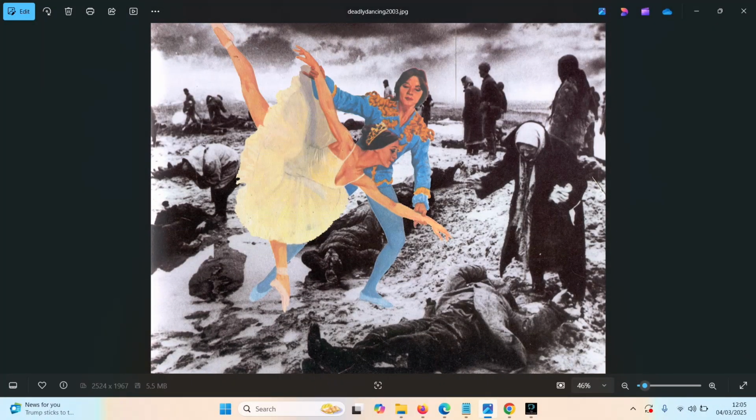Hello. So today I'm going to be talking about one from 2003, and it's kind of similar to a previous analog one that I've done in the sense that I have these dancers over a horrific background or a deadly background. This one's called Deadly Dancing, and this one's digital, and I know because I remember not cutting around the skirt